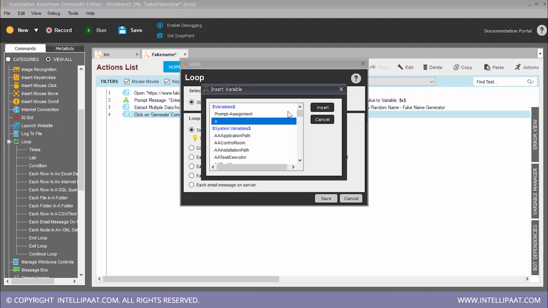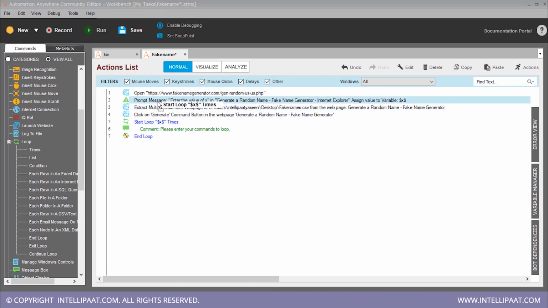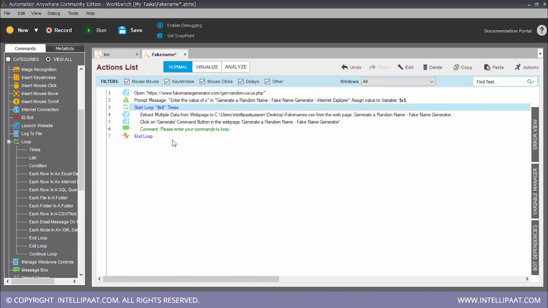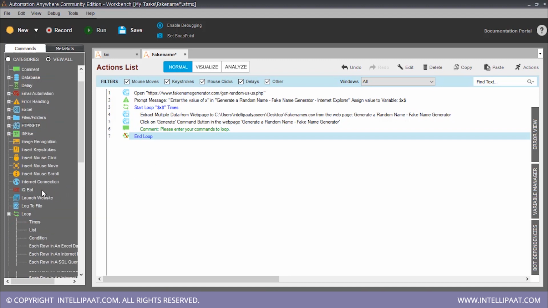Here we have X. Insert it and save it. So the for loop should come after the prompt message. So the for loop has started, extract it, click on generate, and this happens X times and end the loop.